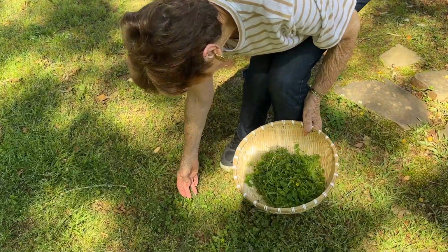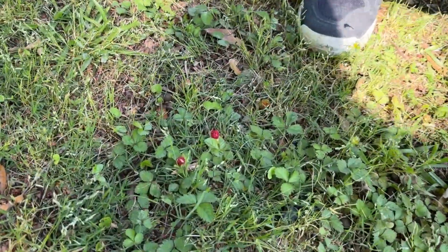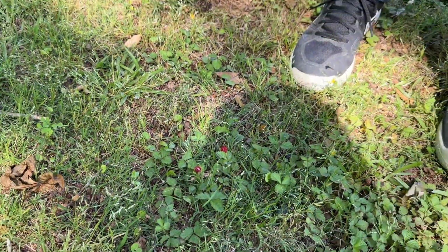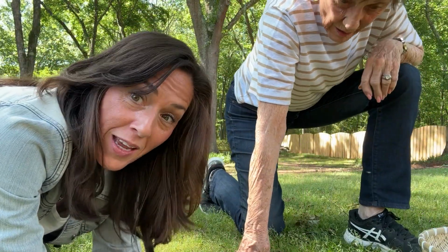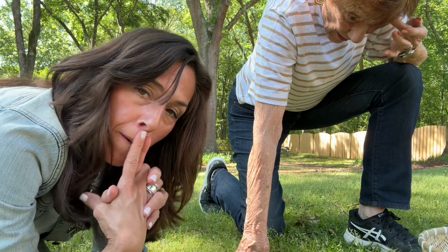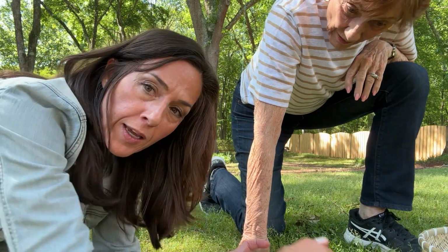What is this little red berry here? It looks like a strawberry. Well, let's take a picture of it and find out. Cute. So the mock strawberry is actually edible, and we're going to try it. So if this is a Hunger Games ending,